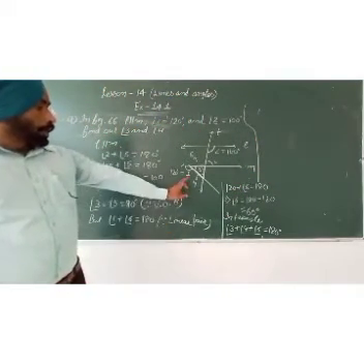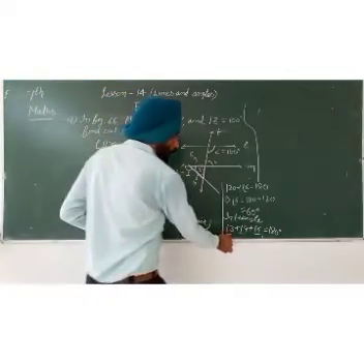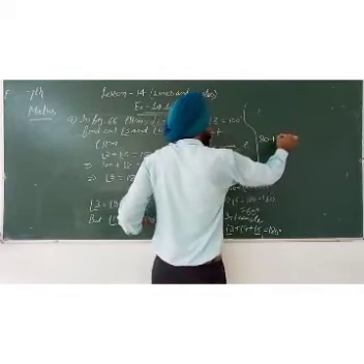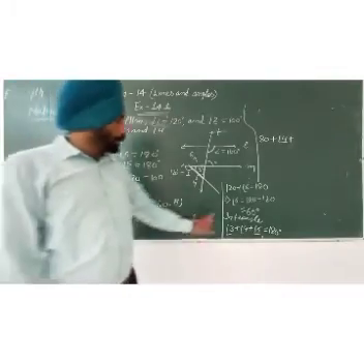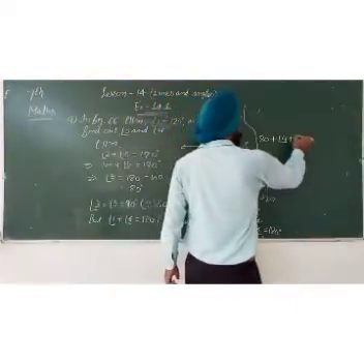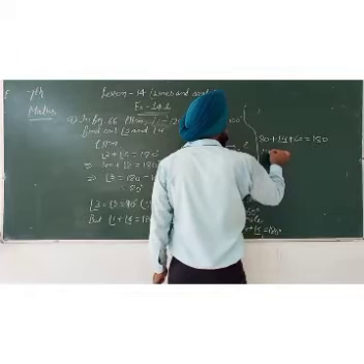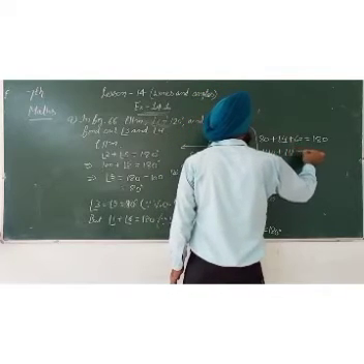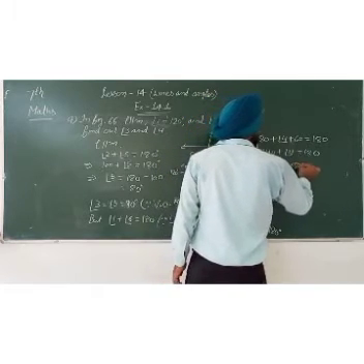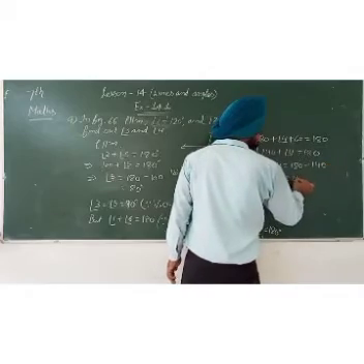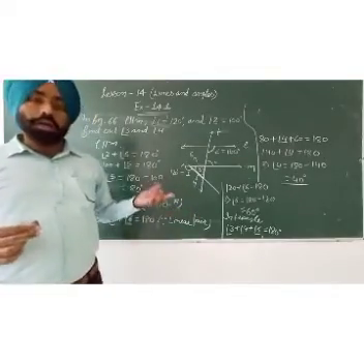Now angle 3 is equal to 80 degrees. Angle 4 we have to find, and angle 6 is equal to 60 degrees. So 80 plus 60 is 140, plus angle 4 is equal to 180. So angle 4 is equal to 180 minus 140, which is equal to 40. Here beta, in that way we can find other angles.